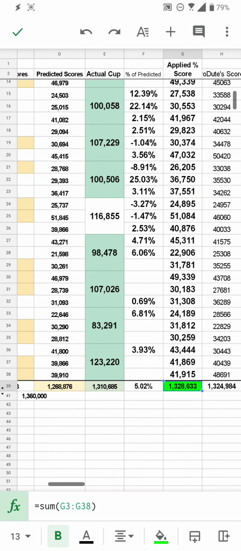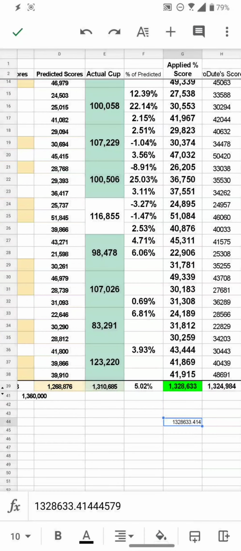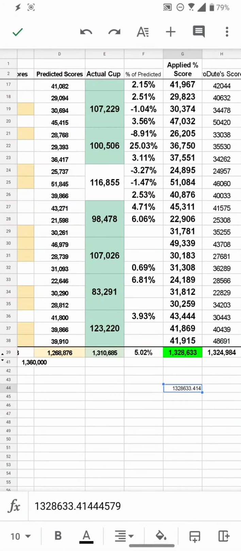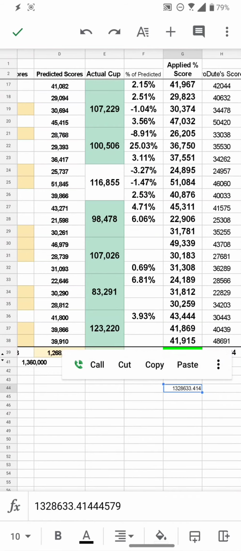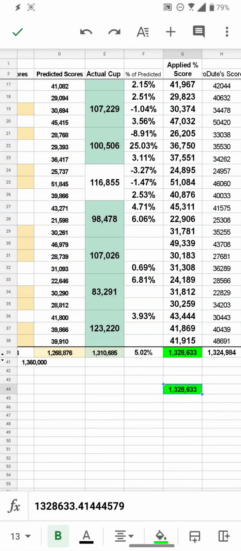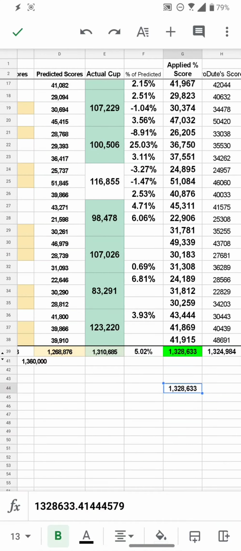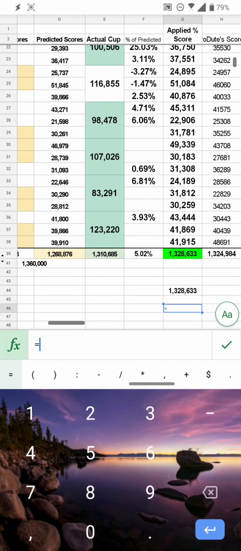Let's go ahead and copy this guy, and we're going to paste the value here. Let's go ahead and make it look pretty. Oh, I could paste special, and let's do format, and we'll take this off. Here we go. Okay, so this is what we've got so far, and if we do this, we'll say this cell